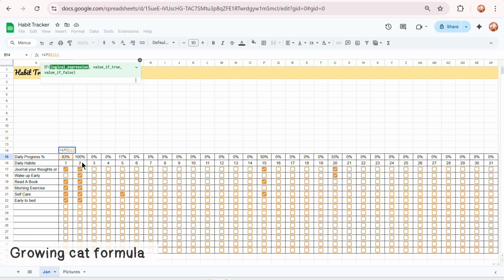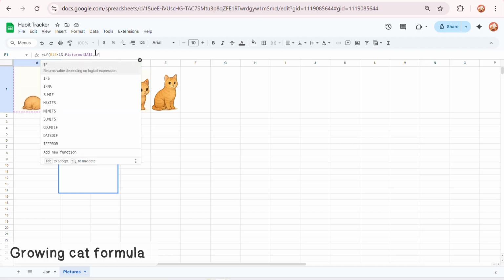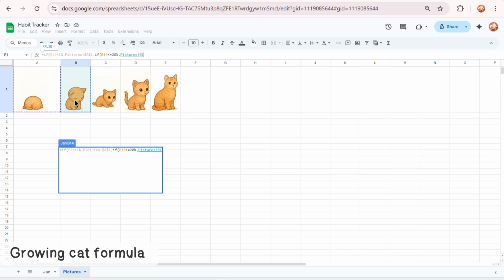B15 is less than 1%, then we will be using picture 1. And here we'll have to lock this picture. So I'm going to use F4, comma, if B15 is less than equal to 20%, then we will use picture 2. And we'll lock this picture as well. Sorry, we'll lock this cell as well. F4,